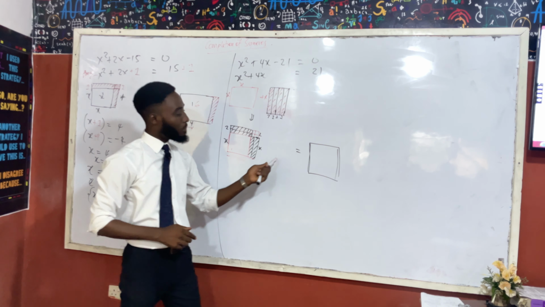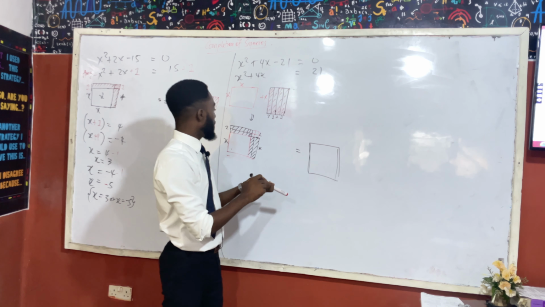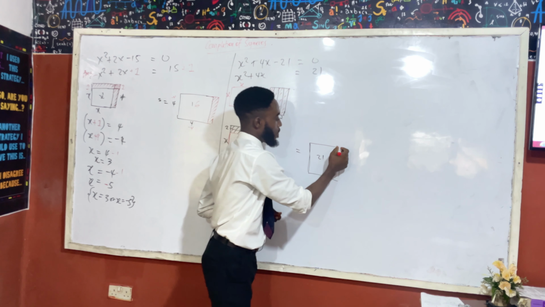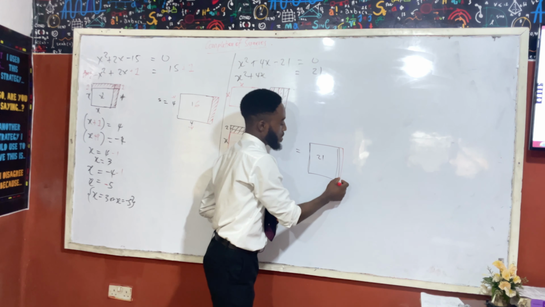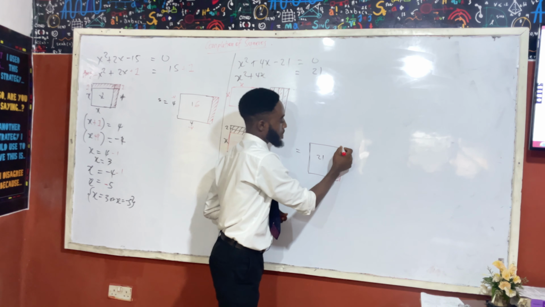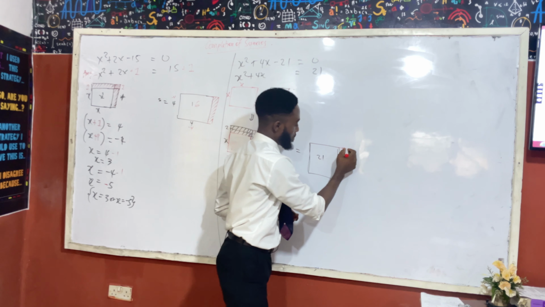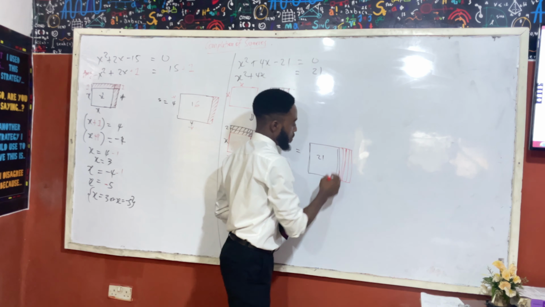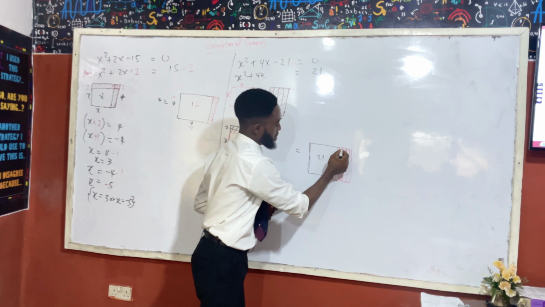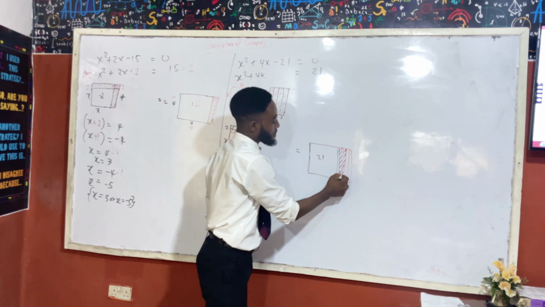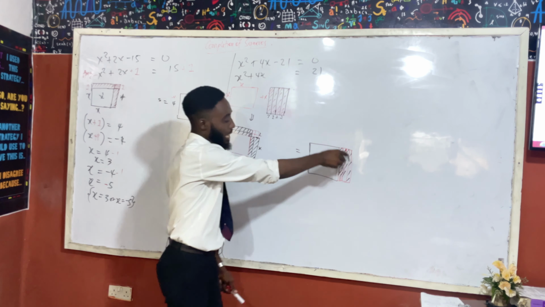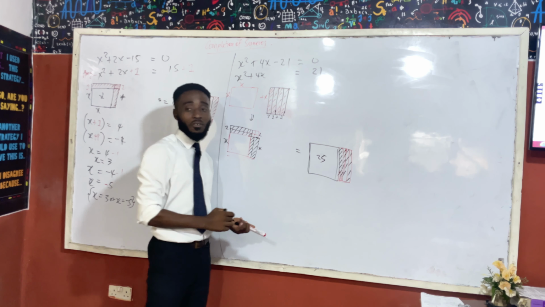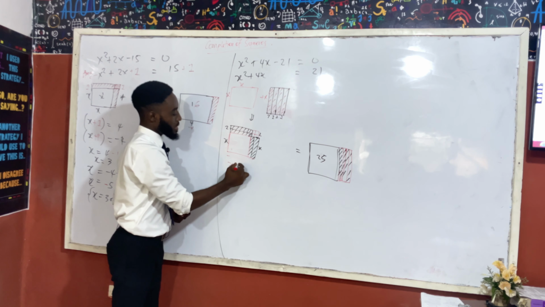Is that okay? Then if I'm introducing that same amount, I'm introducing 4 here. We actually have 21 to begin with. And if I'm introducing 4, let's take something like this. 2, 3, 4. You wouldn't see the shape expressly, but the concept is still clear enough. All right, so here, what do I get as a total area at this side now? 25. Good. So I can therefore say x plus 2